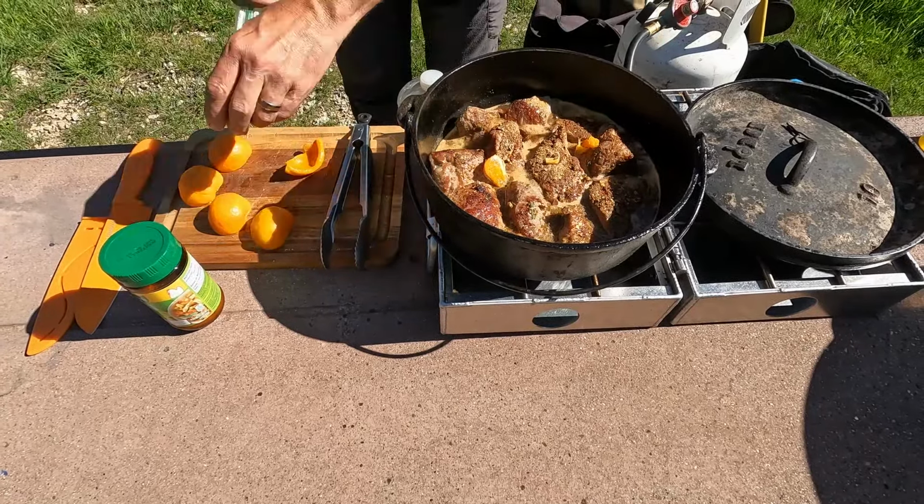And finally, we're going to come in with a little bit of Coca-Cola. Just add a little bit more complexity to the flavors. This is a 2-liter bottle, but I think we just did about a third of that, just to get a little bit of that cola flavor in, and add in just a little bit more water. Give that a good stir around so all those spices mix in. Want the meat fairly well covered. This is going to cook for a while,